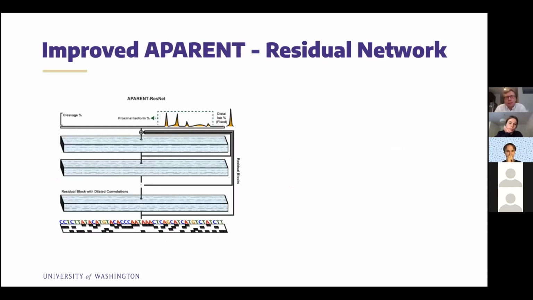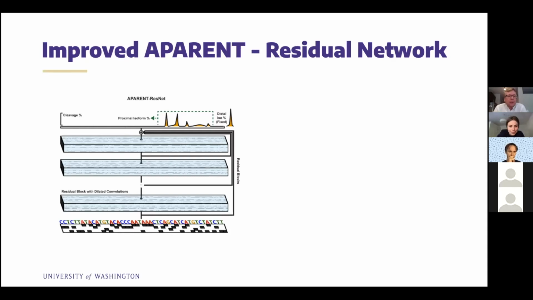And in also unpublished work, we recently developed an improved APARENT model that is based on residual neural networks for predicting APA, very similar to this very cool BPNet paper that recently came out.